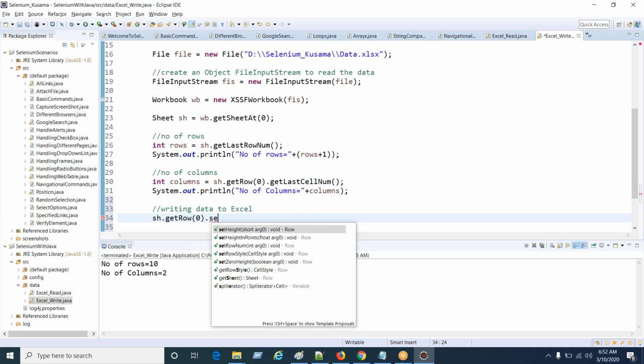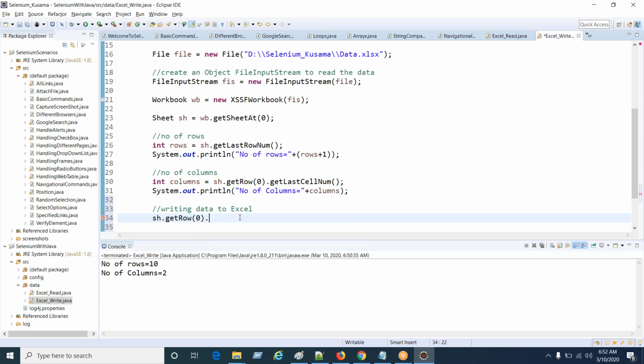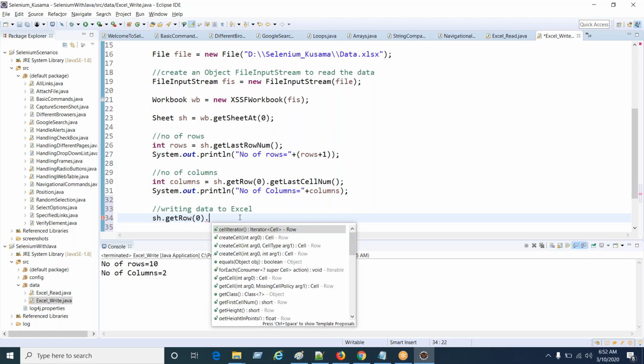Set row number, no, sorry. Set height, okay. Set row style, okay. Get sheet, okay. Set cell. What is the method? Get cell, okay. Under row number,